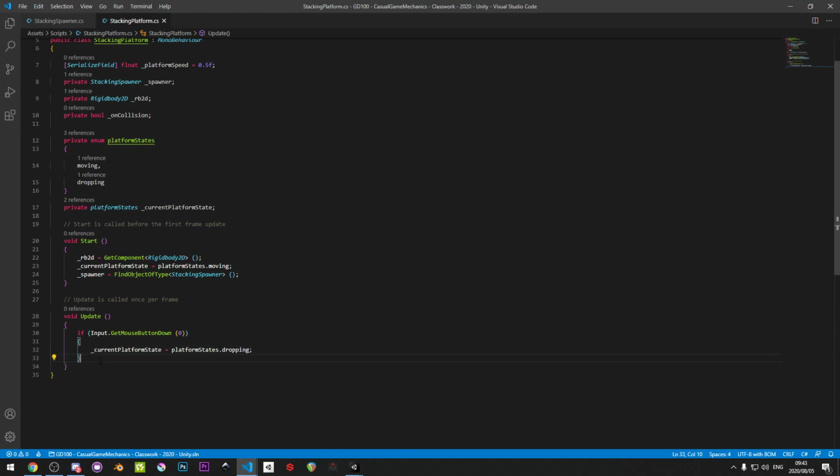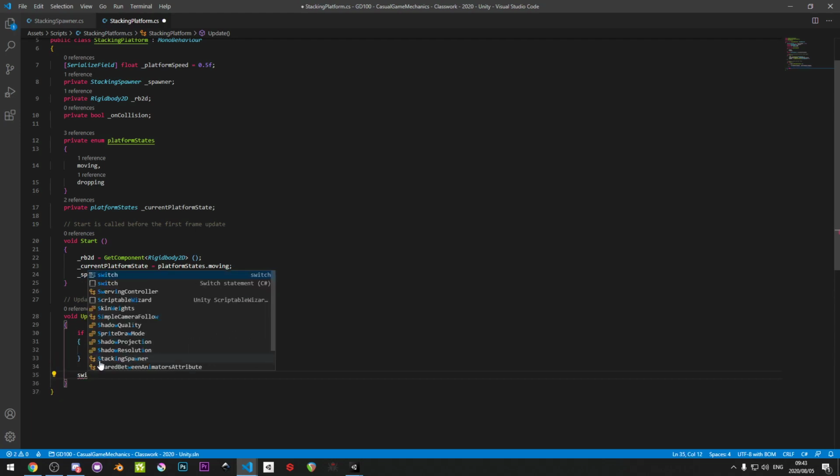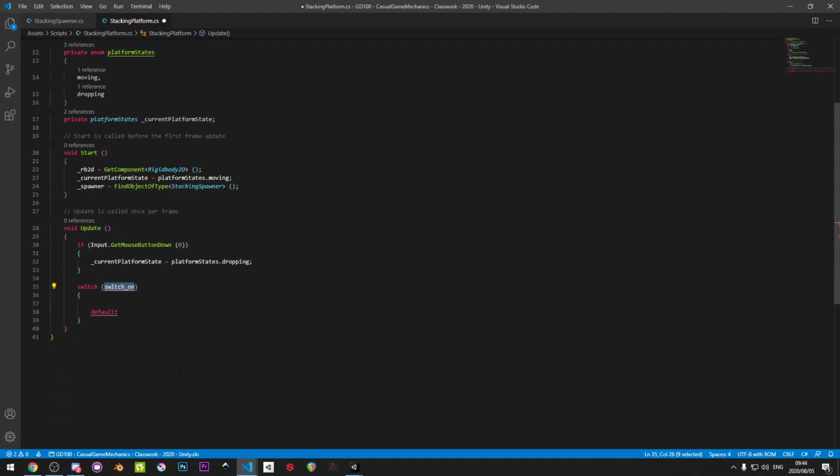So what are we actually doing in each of these states? We're going to have a switch statement. So outside of here, we're going to type in switch, let it autocomplete. We can use the default. I'll leave the default in there for now, but what needs to go inside here? We need to grab our current platform value. So we're going to say,